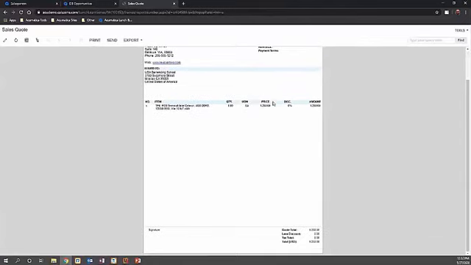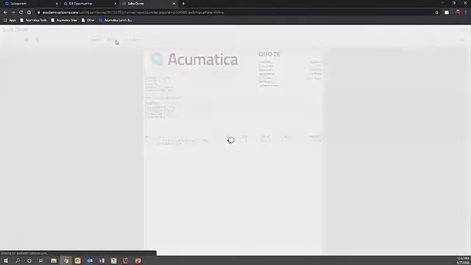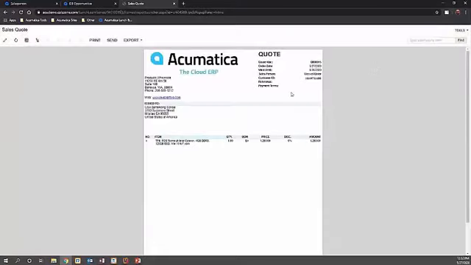I'm able to print the quote. So here's my document that's generated from here. I can actually email individually from this printed document where it's going to produce an Acumatica email pulled in with some information here. I have the ability to hand type some information. If I had a signature assigned to my account, it would pull that in as well, just like Outlook. And it creates the file. And I'm not going to save that, but the file is then attached to the email if I wanted to send from here. I'm actually not going to send this document and go back to that sales quote